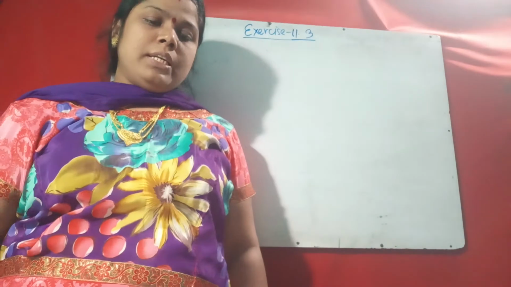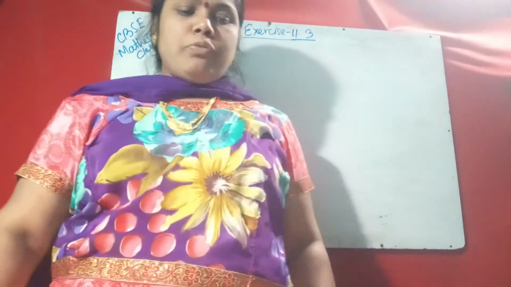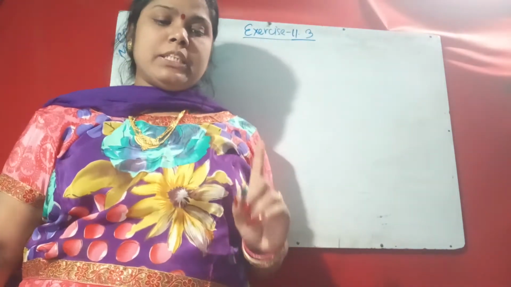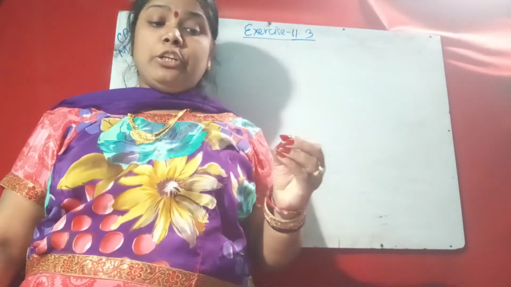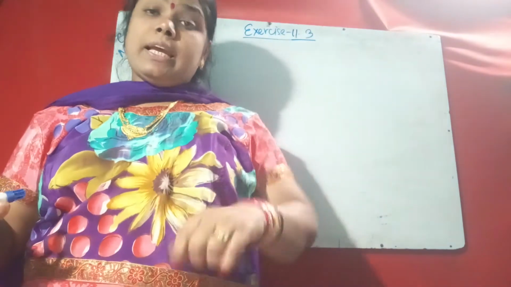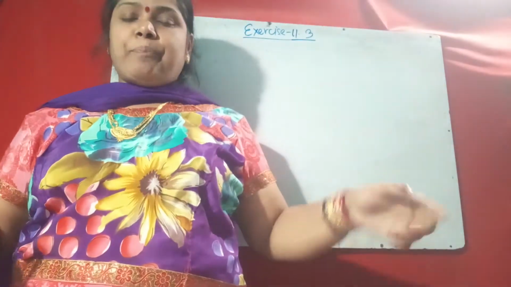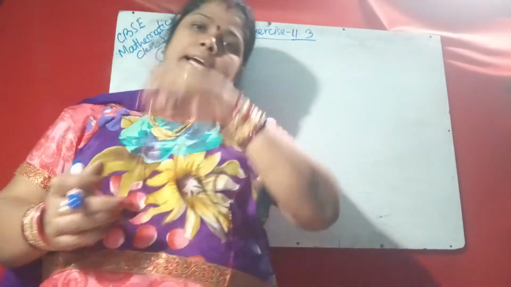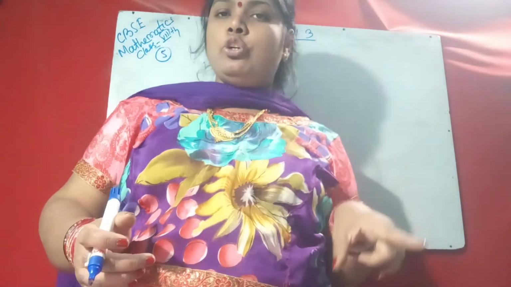Question number 5. Daniel is painting the walls and ceiling of a cuboidal hall with length, breadth and height 15 meter, 10 meter, 7 meter respectively. From each can of paint 100 meter square of area is painted. So how many cans of paint will she need to paint the room? Same procedure here also. In the previous problem the base was not painted. Here the hall is painted, but we also have to leave the base. Ceiling means the roof is also painted.